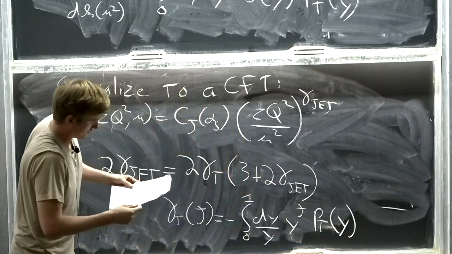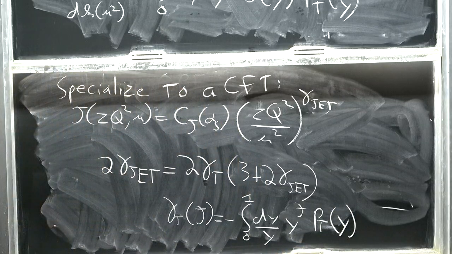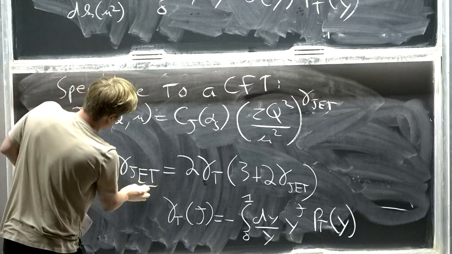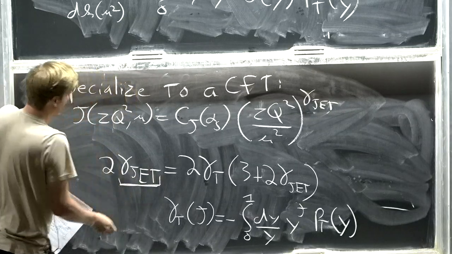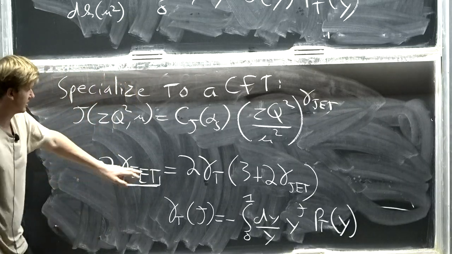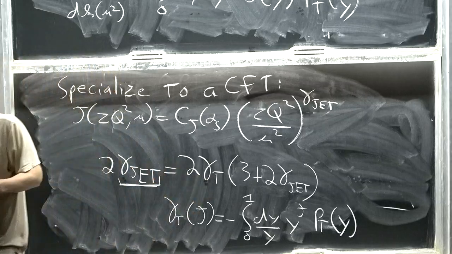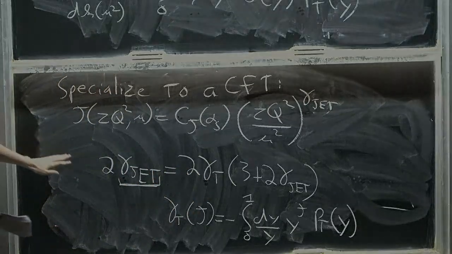Like this. This is a slightly non-standard way of writing it. It defines implicitly what the value of this gamma jet is in terms of this. And unfortunately, I don't have time to go through how you get